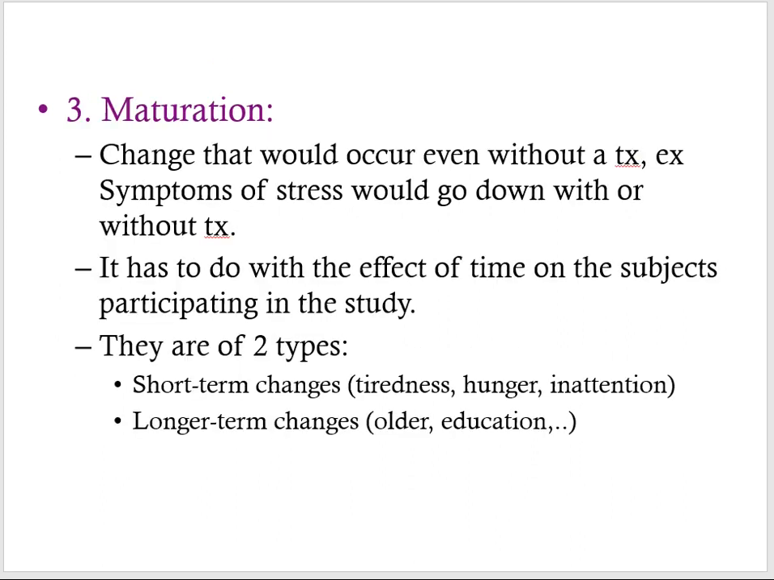The third type of bias is called maturation, and this is a phenomenon that happens where your outcome is going to change regardless of whether you intervene or not. So for example, if you're doing a study to look at stress, or you're doing a study to look at how people interact with each other,